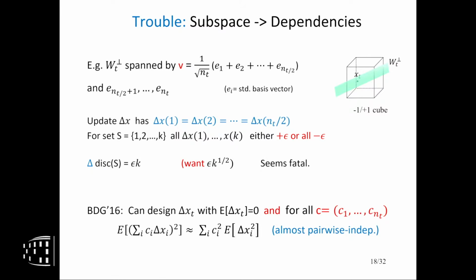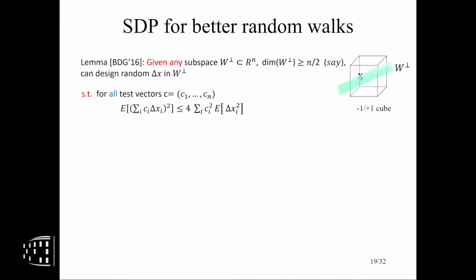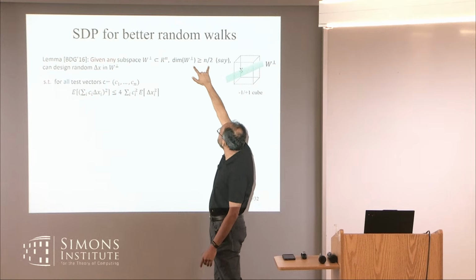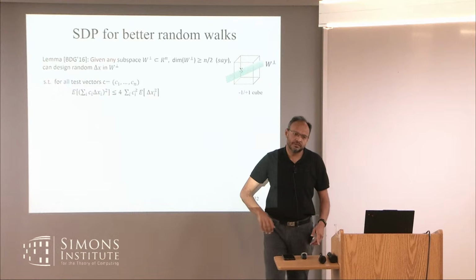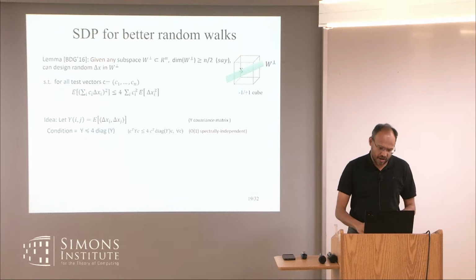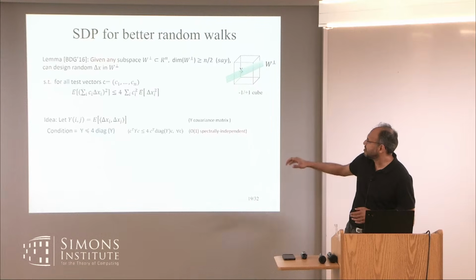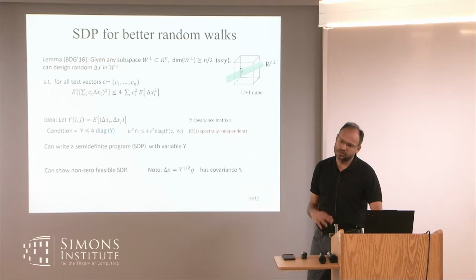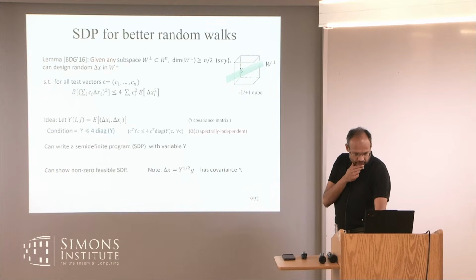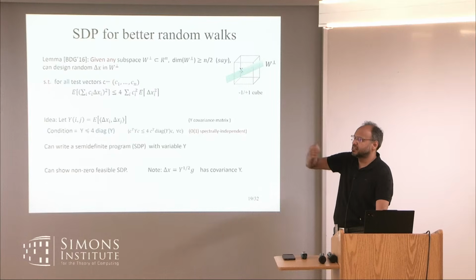Now, of course, this example we can see by hand and fix it. But it turns out you can prove a general theorem here, and let's even forget what it says. It's basically saying, if I was in n dimensions and my subspace wasn't too large, I can ensure this independence. The way you do it is you write some SDP, which I won't bother with, but you can encode these constraints very cleanly using SDPs, and you can show a solution using duality. So you can use this SDP at each step to design your walk.